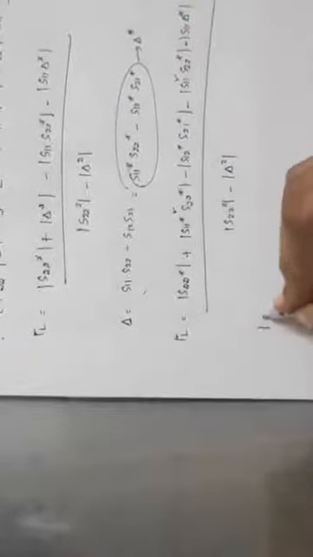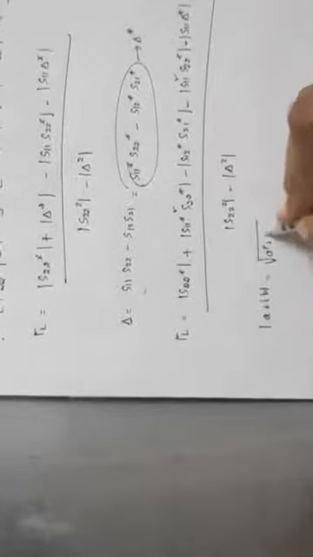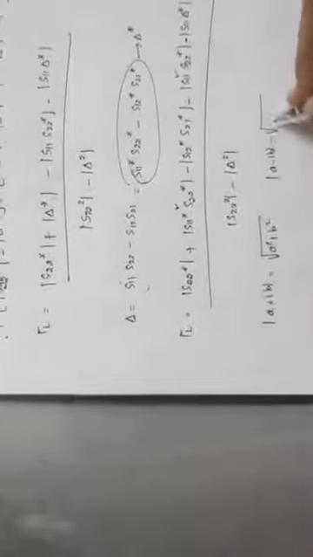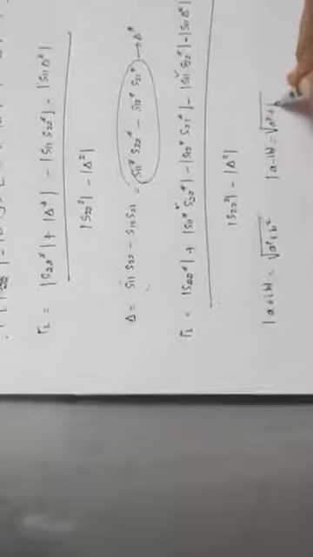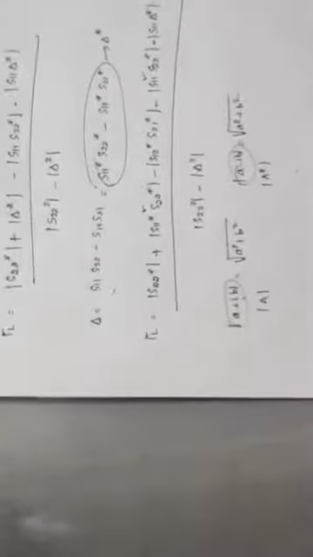Now take modulus, for example, for a plus ib. What is the modulus of a plus ib? It is root of a square plus b square. If I take it to be a minus ib, it is again root of a square plus b square. So whatever is present inside the modulus, the magnitudes are going to be the same. So I can say that, for example, if this is some value a, this is the conjugate of that, and both have the same magnitudes. So a will be equal to a star. In that context, we can write S11 star to be the same as S11 here.